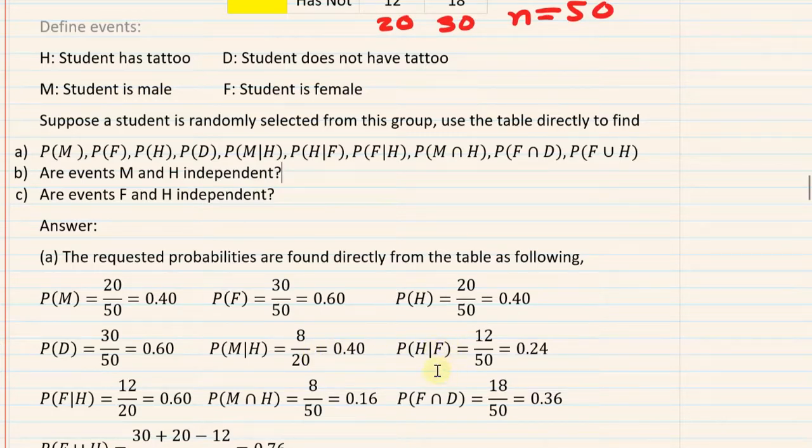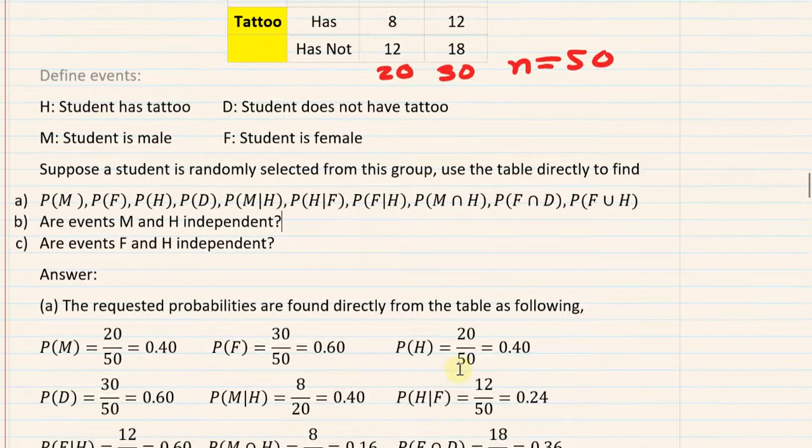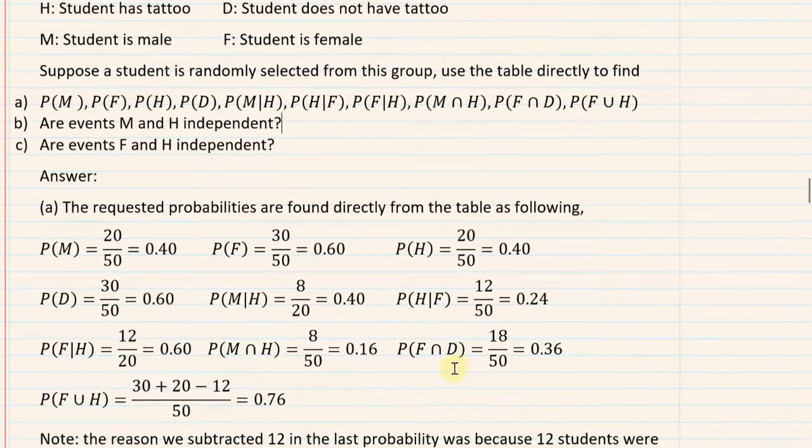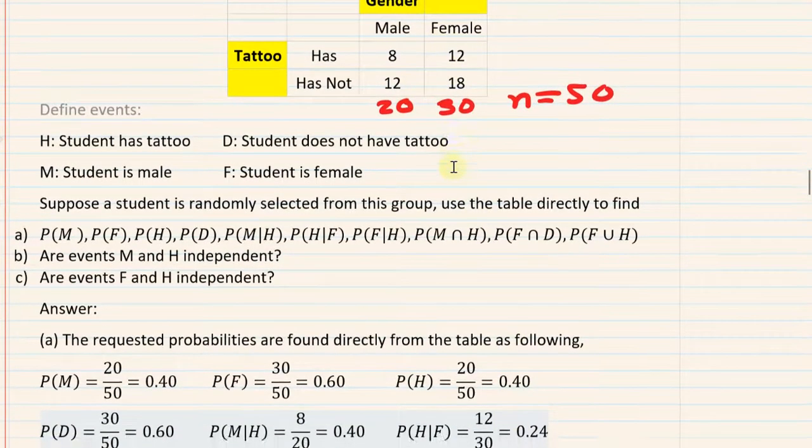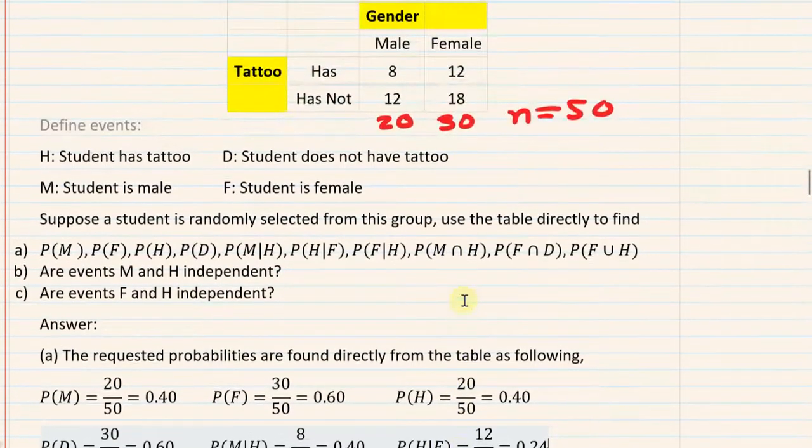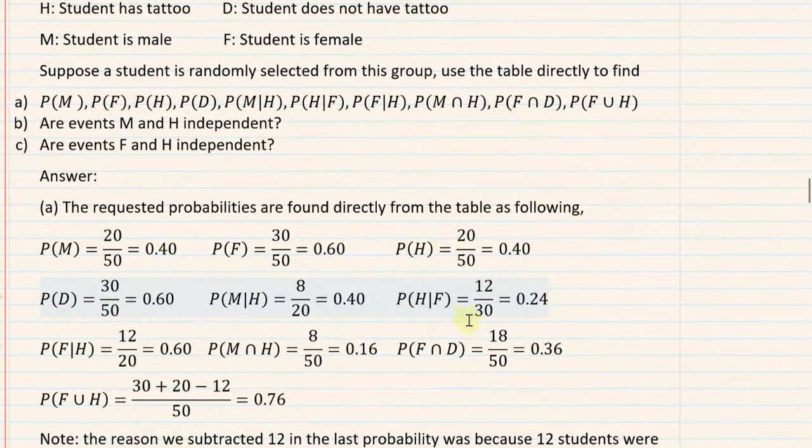What is the probability that given the person is female, she has a tattoo? Well, given female, we look at the females. In this case, female is going to be 30. Good thing I caught this. Okay, so that's going to be 30. Given female, you only look at females. It's going to be 30 females, and has tattoo, well, 12 out of 30 have it. So that's what that probability is going to be. Now, 12 out of 30 is not going to be 20%. It's going to be 40%. So again, I'm glad I reviewed this one. So we're going to change that to 40%.